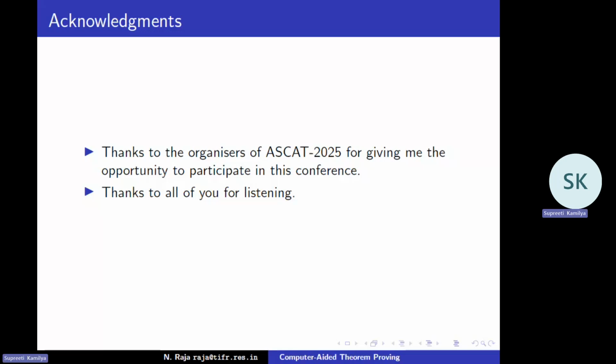What the computer does can be mimicking the way a human works. That's what I call the AI approach. Somebody has to build the system, the prover, which actually comes up with the proof. The internal workings of the prover could be trying to mimic the way a human being works.